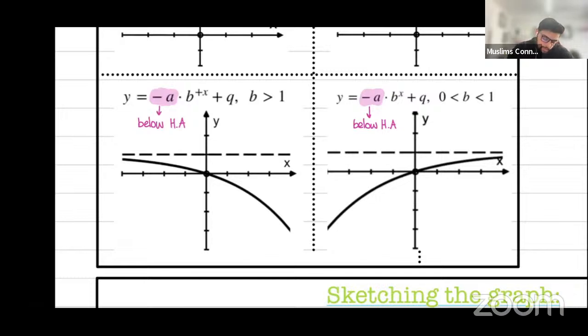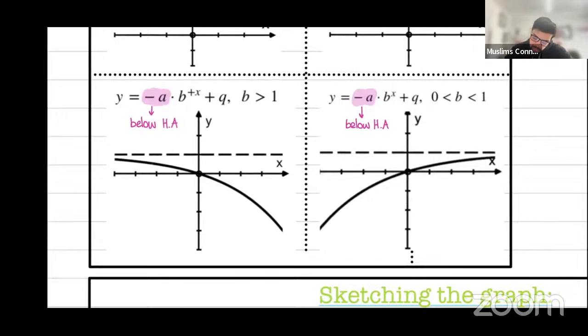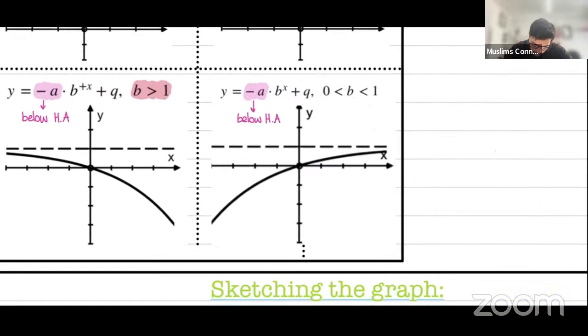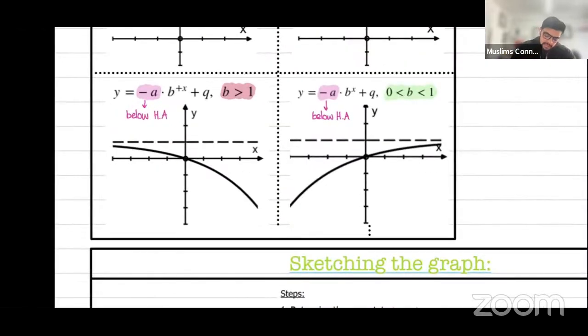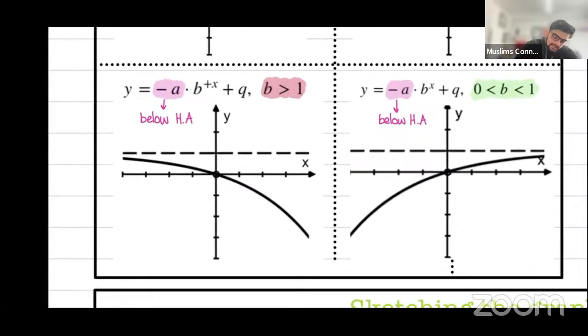Okay? And we talk about b being greater than 1 in this case, and b being between 0 and 1 in this case, and it differs. Okay, so when a is below, meaning a is negative,